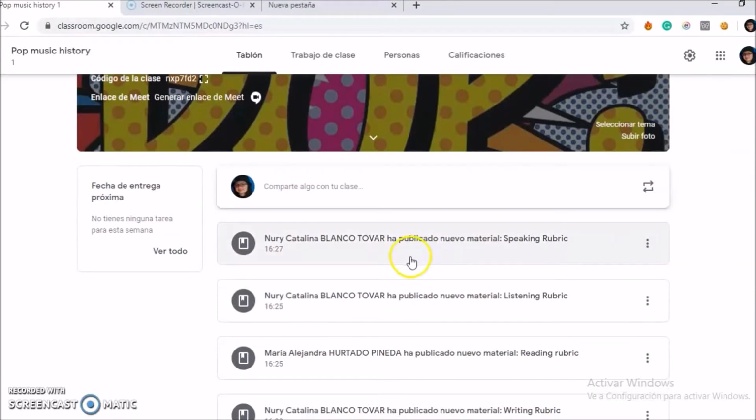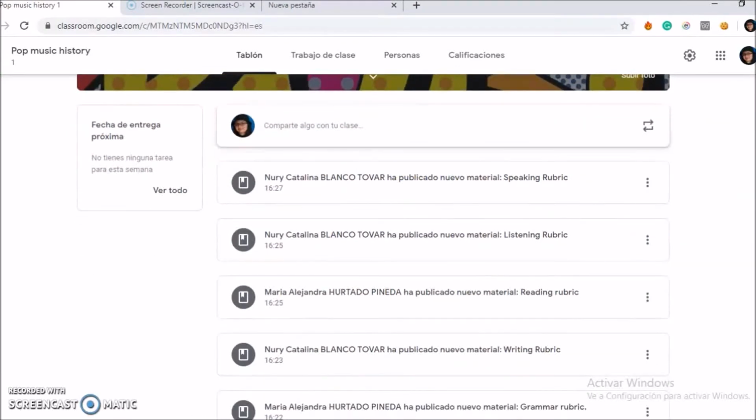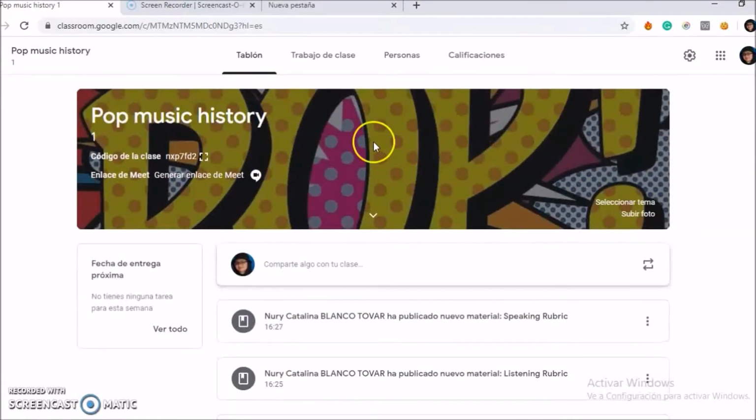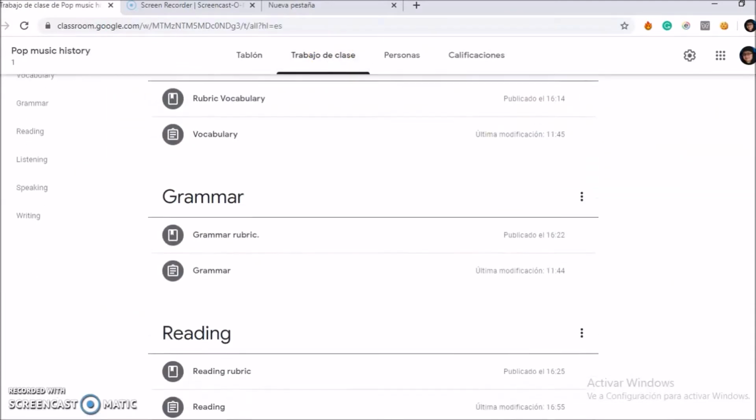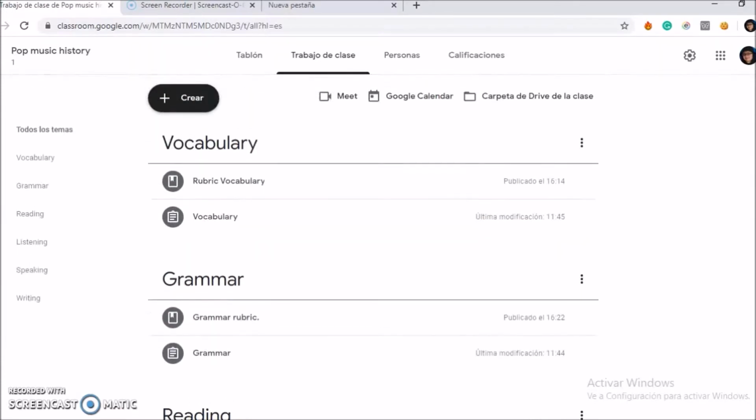So in this part there are the announcements of the homeworks. So in this part there are the skills that we will create for the students. So in this part, the vocabulary, it is